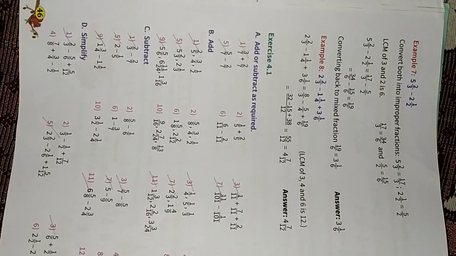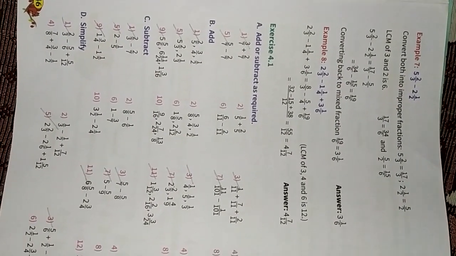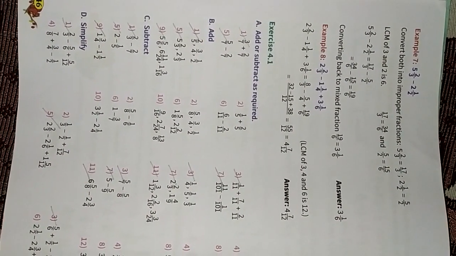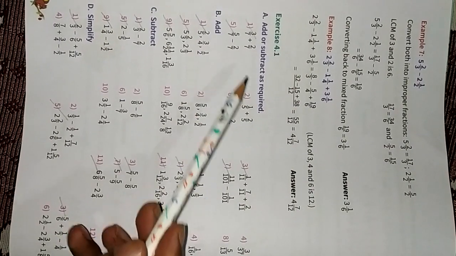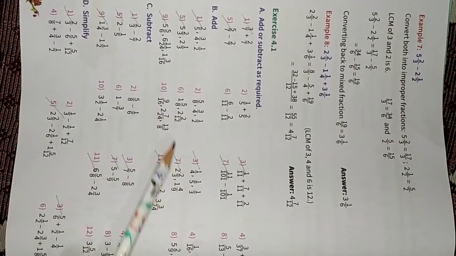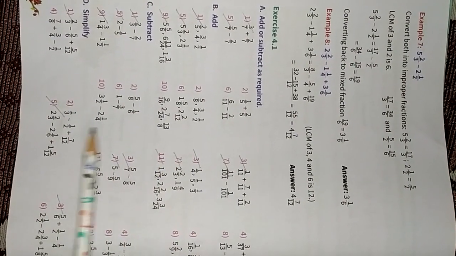As there are too many questions in the exercise, there is no need to do all parts. Just do the odd ones, that means 1, 3, 5, 7, 9, 11 in all questions.